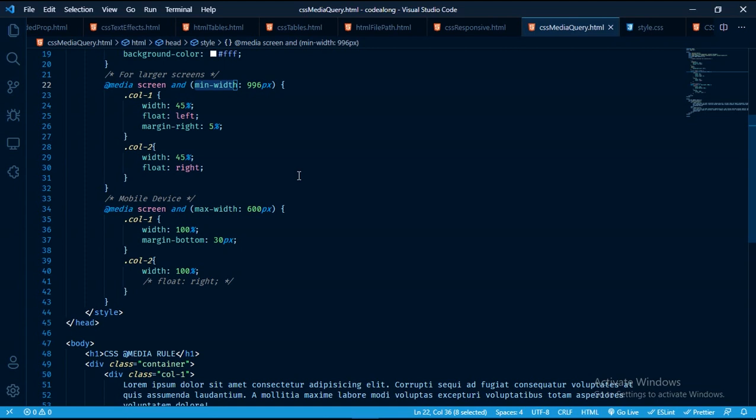Though it depends on the screen size that you'll be working on. Some mobile phones might be, I don't really know, but the normal mobile screen pixels the maximum will be 600 px. So whenever we reach a maximum of 600 px, then